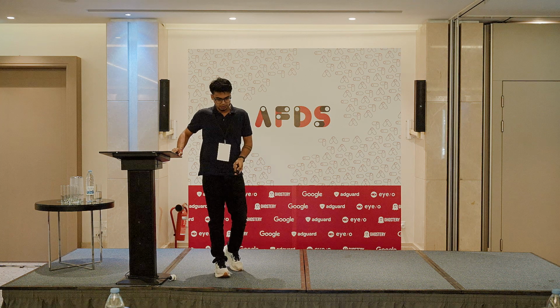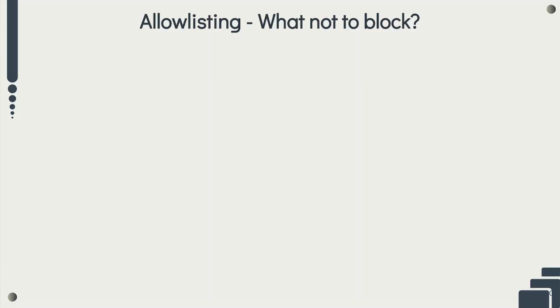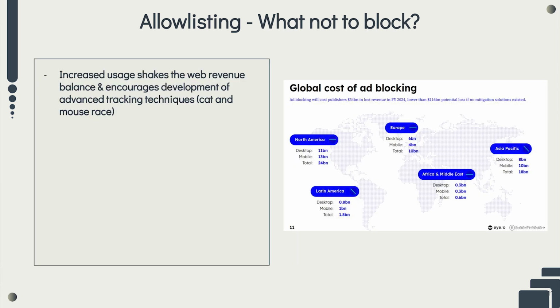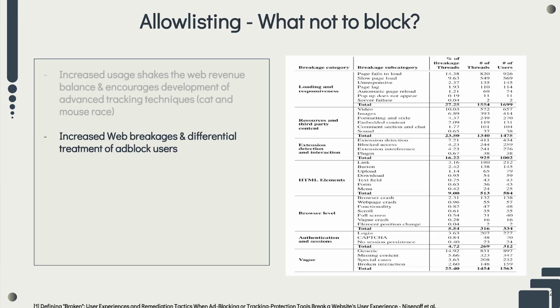But I don't think I want to talk about ad blocking because I think most of the people in this room know better on it than me. But I want to look into allow listing, as in what not to block. Or if there exists this holy grail in between which separates what ads can be blocked and what ads should not be blocked. So taking a page from the PageFair report, I don't know if people can see the numbers, but